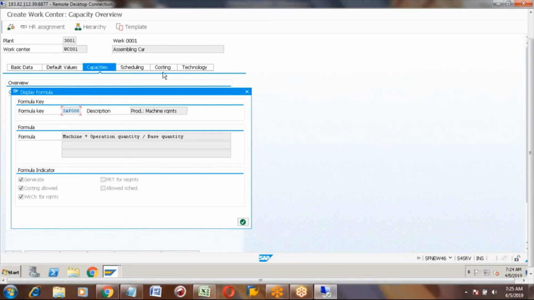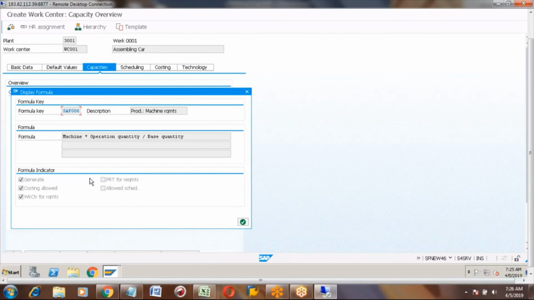In the tabs, you can see capacity, scheduling, and costing. So these formulas can be used in capacity calculation, scheduling calculation. Scheduling means calculation of your start time and end time. And third one is costing purpose.